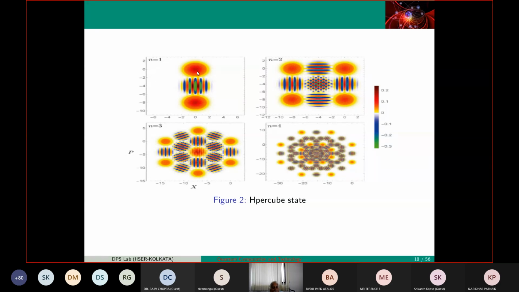Once quantum mechanics came, Wigner was not very happy because he found x and p don't commute. His point was, can I come up with a description which does not need non-commuting variables? He came up with something called the Wigner function. With the Wigner function you can represent everything as a function of x and p, and x and p are normal variables, no commutation. Now you may ask, so where is quantum? Quantum is there because the Wigner function is not a probability distribution. It can be negative. So this negativity of the Wigner function leads to quantum effects.